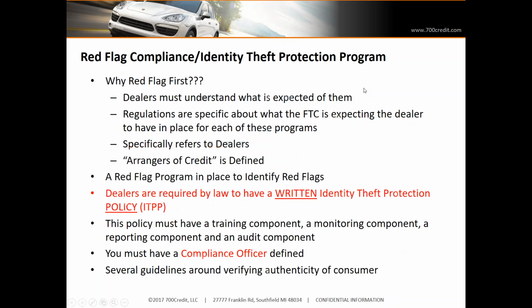So we're going to start with going over red flag, and we hit red flag first because the government was very specific about what a dealership needs to have in place. And it specifically refers to dealerships in the regulation. It refers to them as arrangers of credit, which means you're part of that credit transaction. It's not just the lender. You are considered an arranger of credit because you're dealing with multiple lenders and arranging financing for the consumer through multiple lenders. It's very specific about what the dealer has to have in place, their programs,